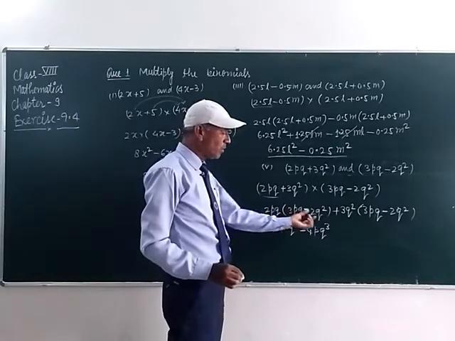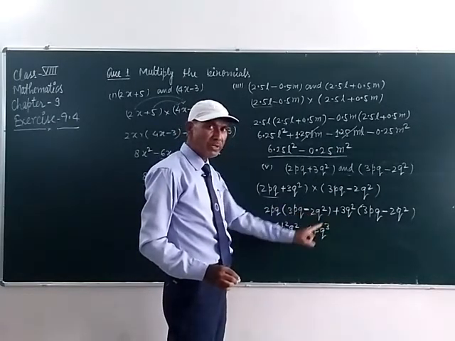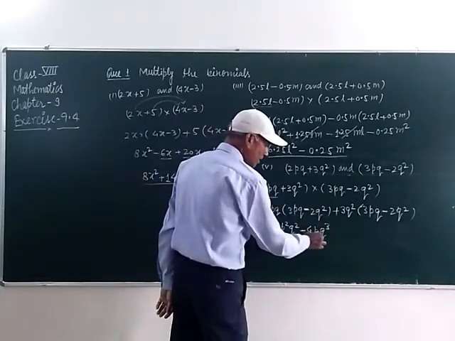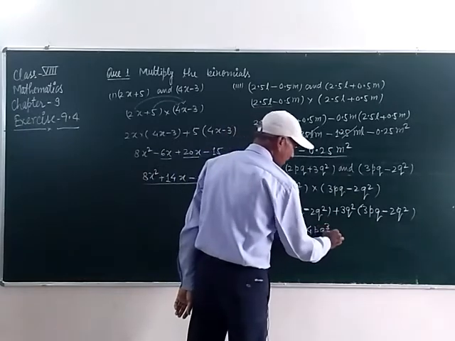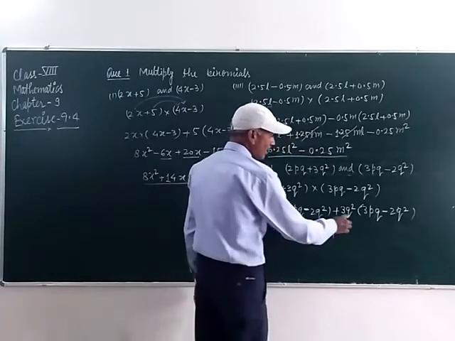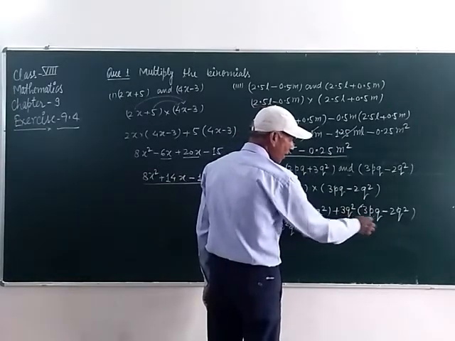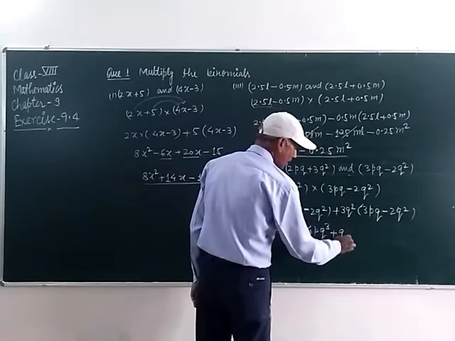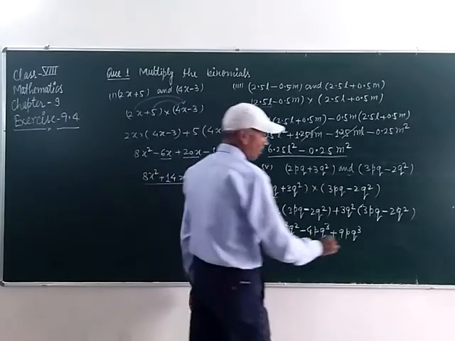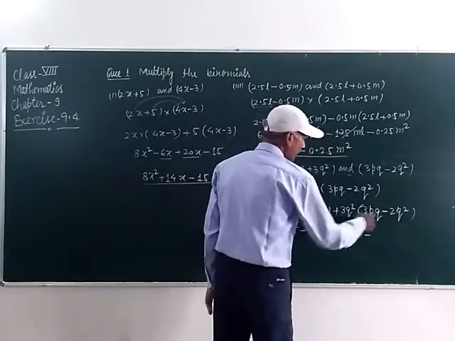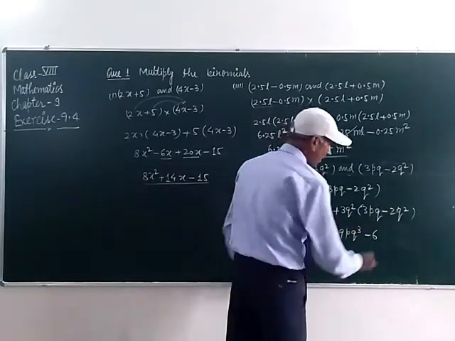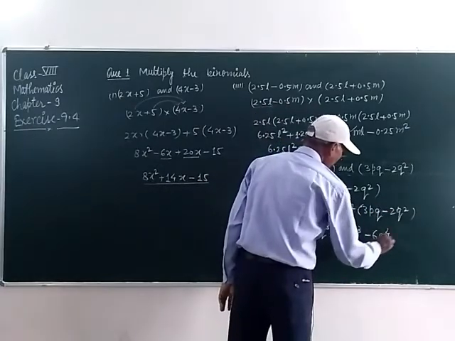So q into q square will be q to the power 3, or q cube. So in this it will be minus 4pq to the power 3, plus this one, student, 3 threes are 9, this p and q square and q, this one, 9pq to the power 3, minus 3 twos are 6, q square and q square, it will be q to the power 4, student.